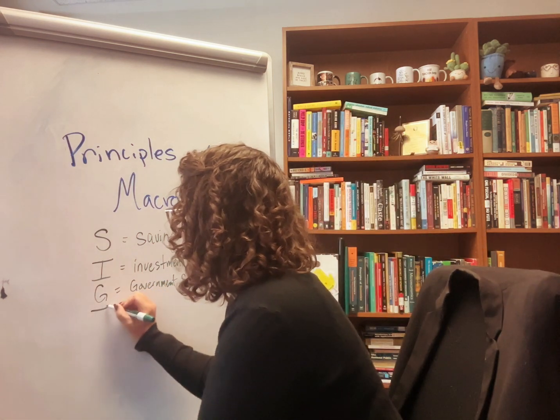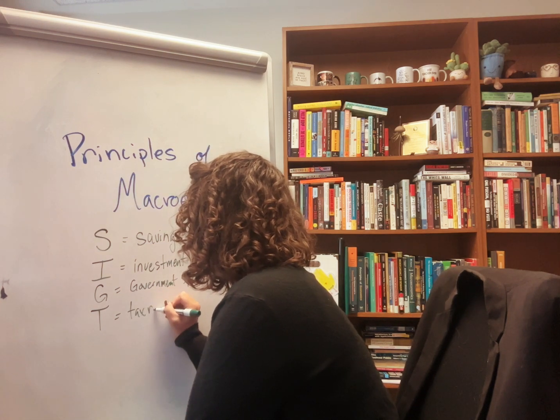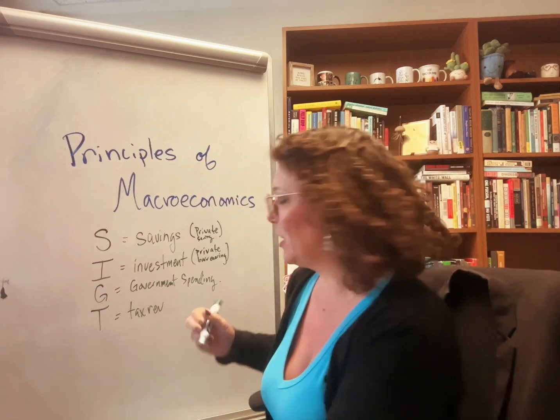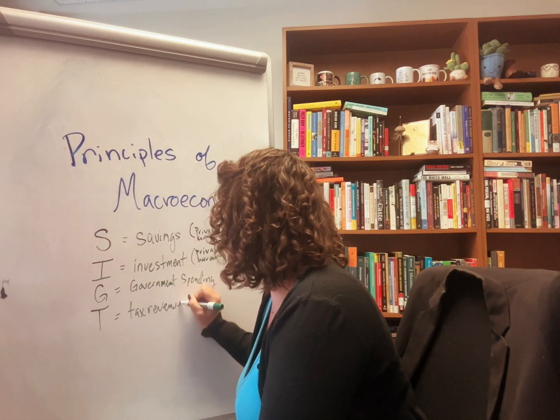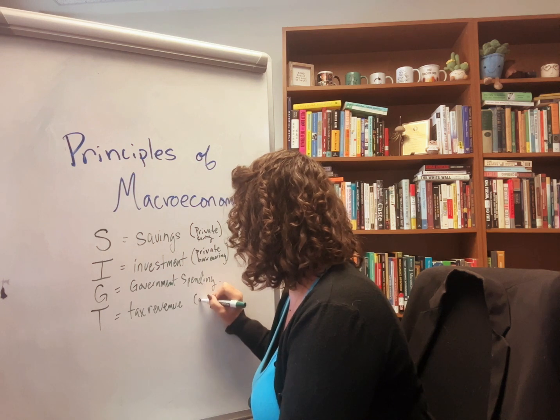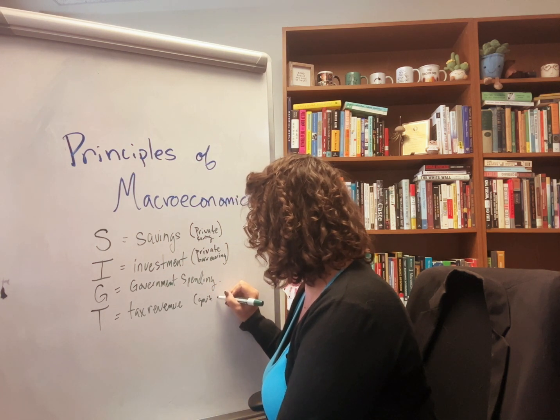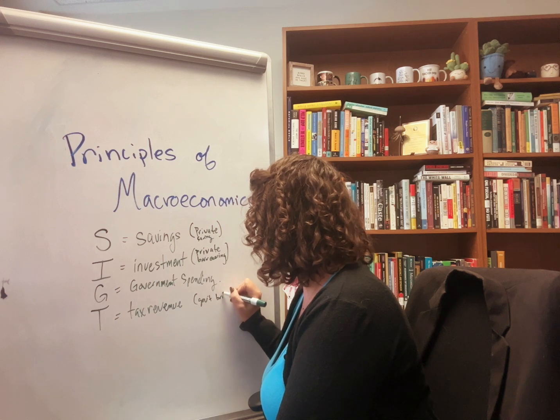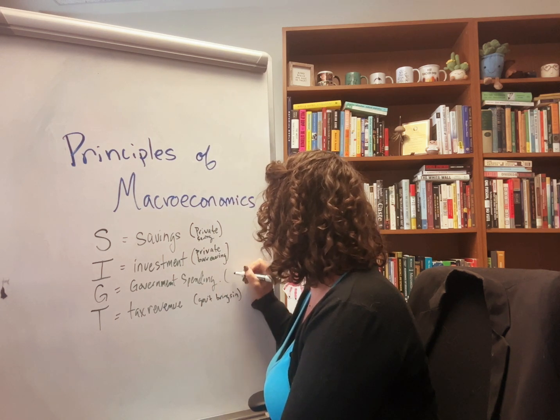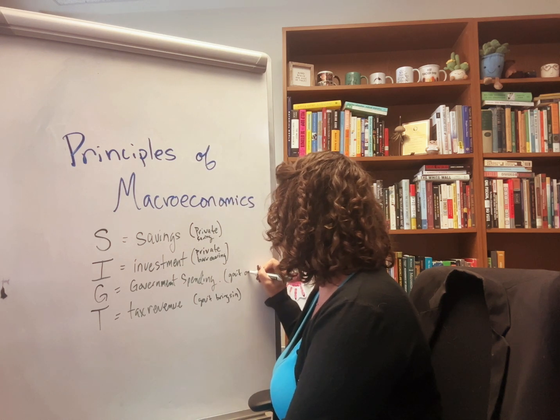And then we also have T, which is our tax revenue. And this is not only taxes, right? The government does collect revenue that's not just taxes, but this is a nice overview of all of the government income, right? What kind of money the government brings in. Well, this is the money the government spends, or what we call government outlay.